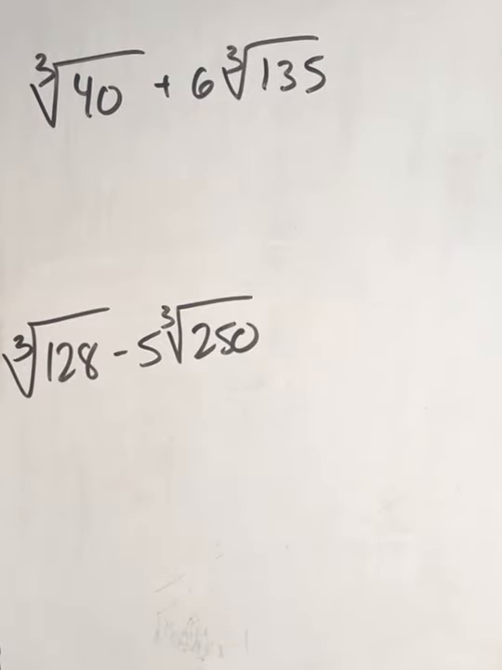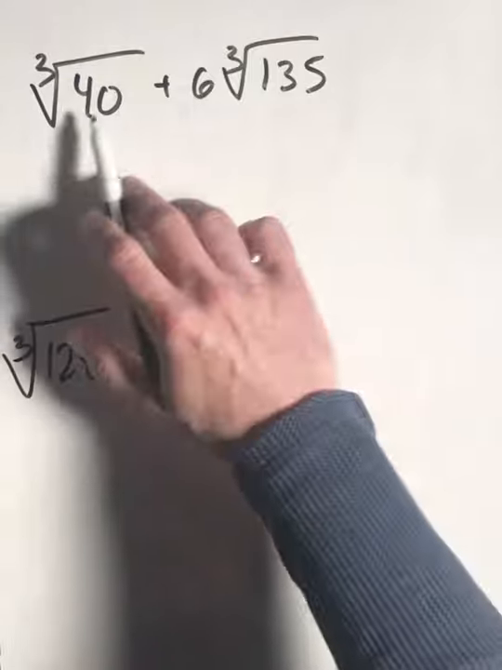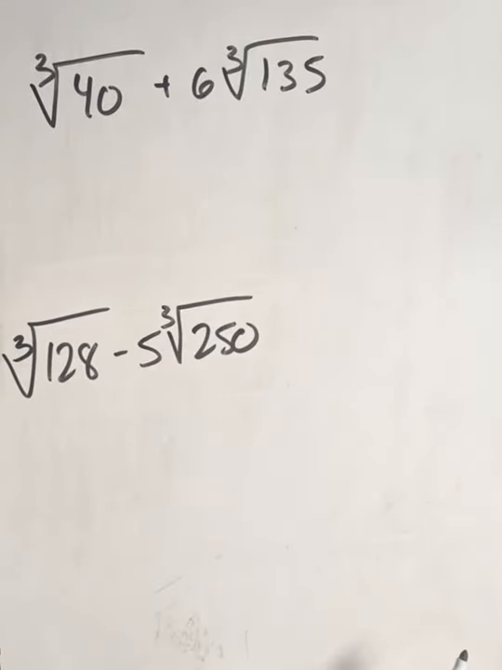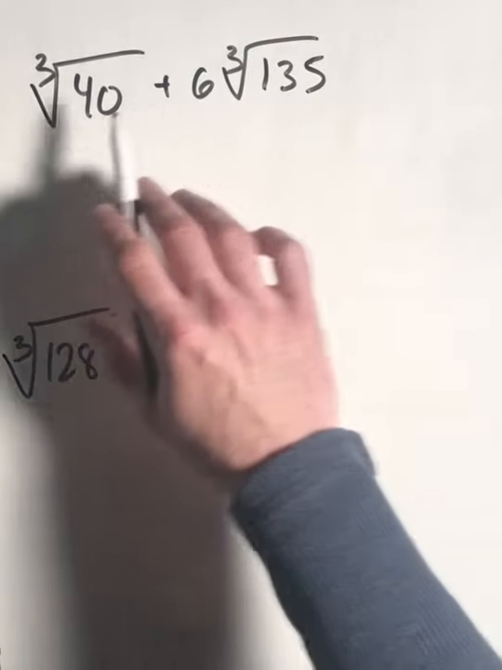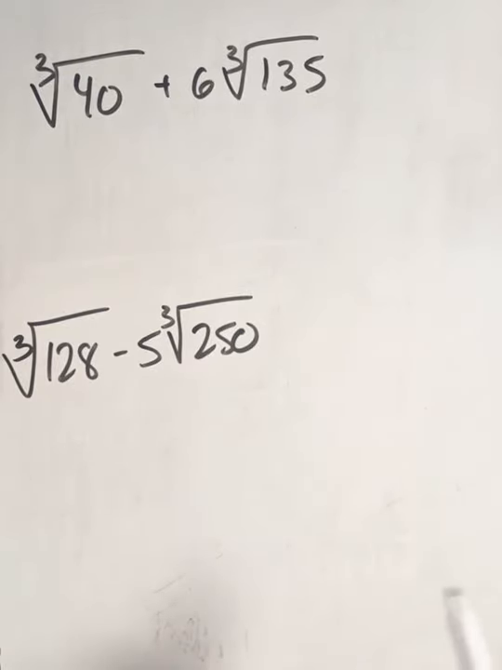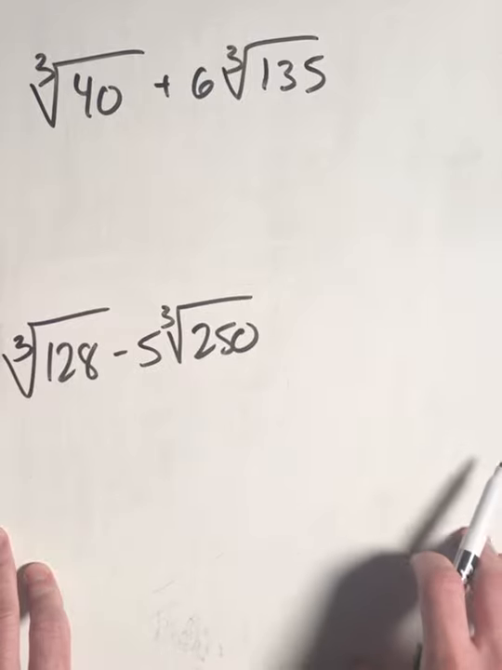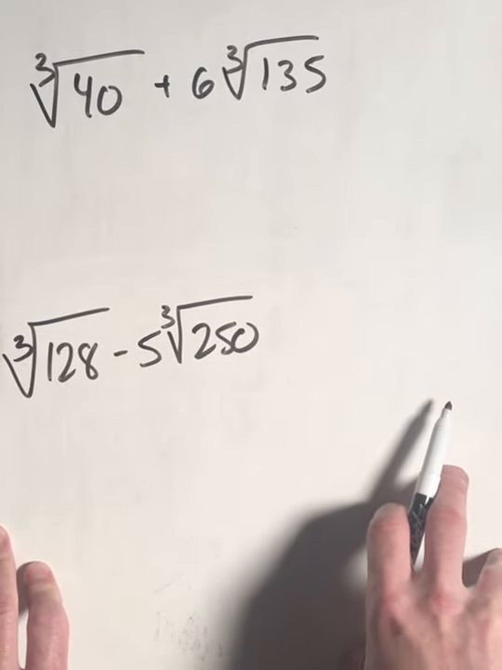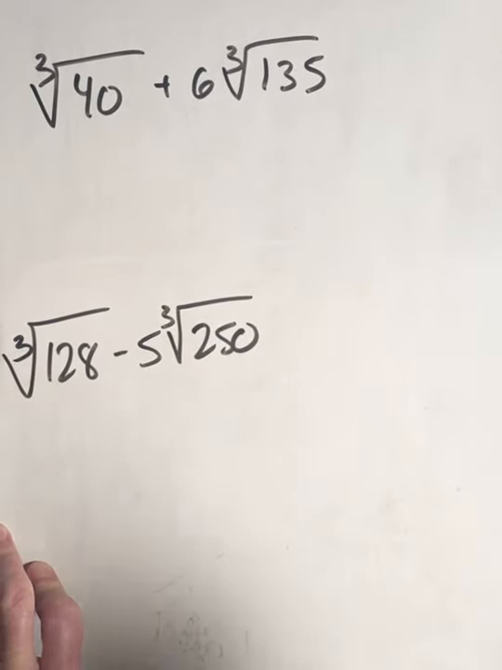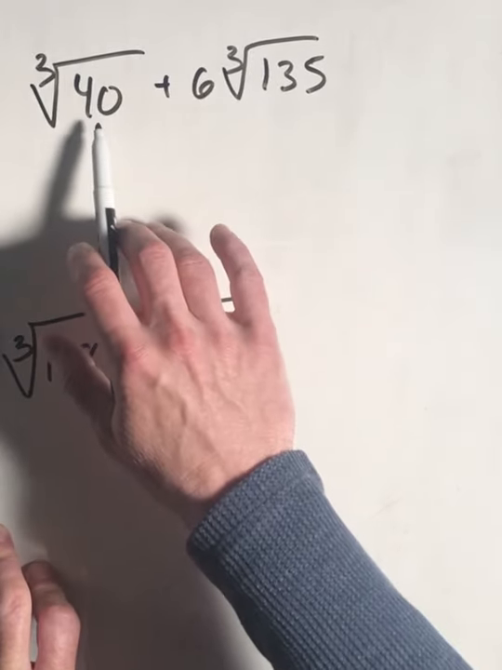When it comes to adding and subtracting radicals that have large radicands, it's really important to look at them through the right lens in order to make this a little bit simpler. And the best way to do that is to look for multiples of perfect cubes or perfect squares, depending on what your index is. Here, if I'm looking for a cube root of 40,